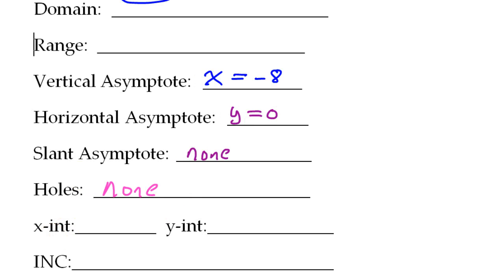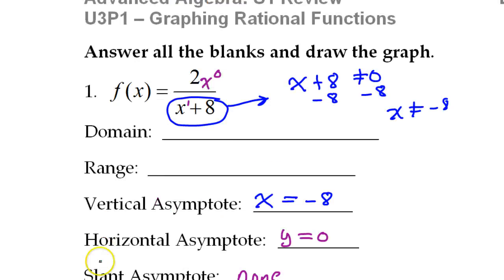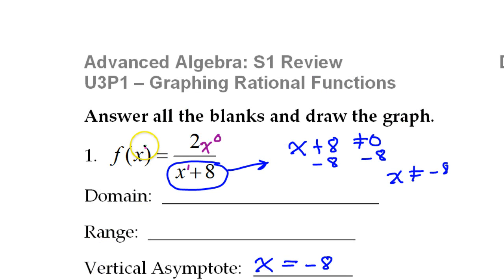Alright, in general, if you want to find the x-intercept, let me slide over here. If you want the x-intercept, you can get it by letting y equal 0. If you want the y-intercept, you let x equal 0. Alright, see how it's the opposite? So I want the x-intercept, so I could get that if I let y equal 0. Well, this f of x over here is like y. Alright, so if I went ahead and solved this,